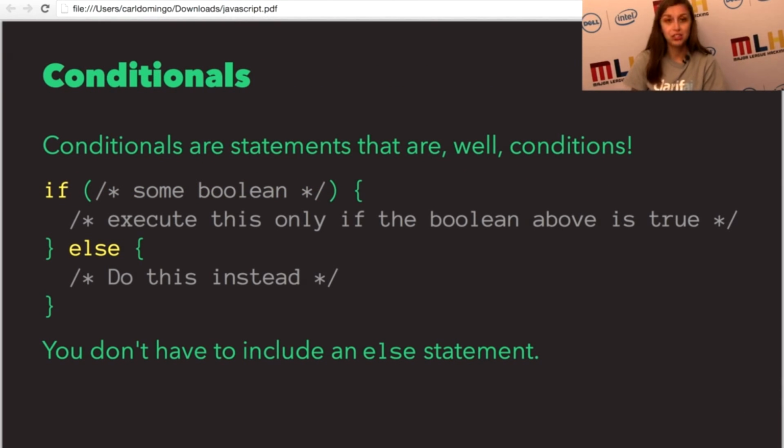Now conditionals are conditions. So it's something that you want to happen only if something is true. And so right here, I stuck a bunch of comments in there, but basically it's if some Boolean, whatever is in this parentheses, if this Boolean is true, then it'll execute whatever is in those curly braces. Otherwise, you're going to do something else instead. You don't have to actually include an else statement. If you don't want to, you could just have if something happens, do this, otherwise